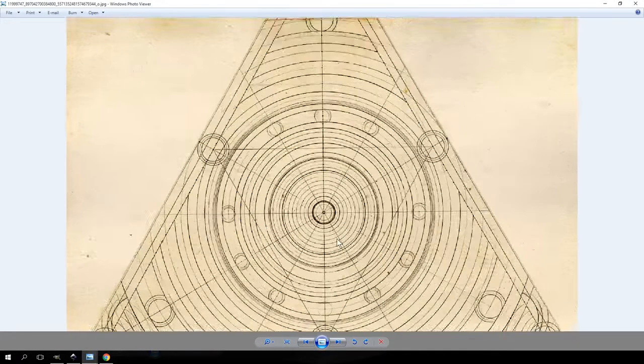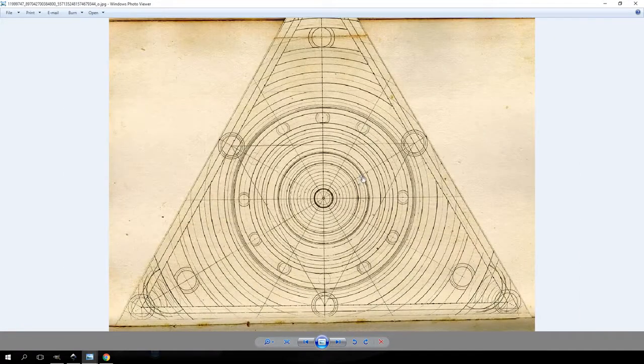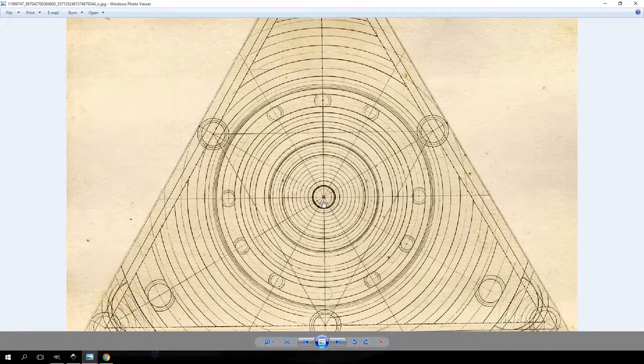So one of the things that I've really been interested in looking at on these is the proportions that he's using on these particular rings. And one of the things that I've noticed that you'll find in just about every single one of them is there's a couple of things happening. There's a nesting of a 50% reduction between the larger on the outside and what you see kind of in the middle area, right? But then when you get down to the middle area and the lower area,